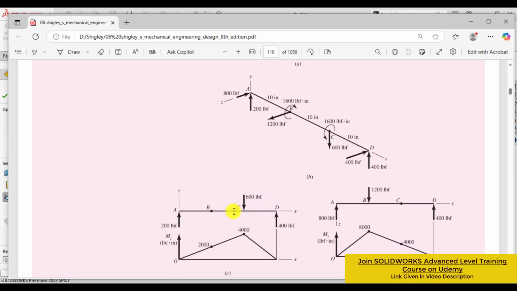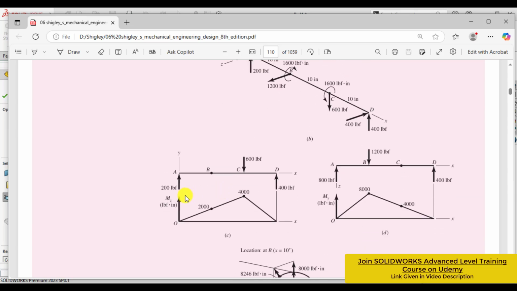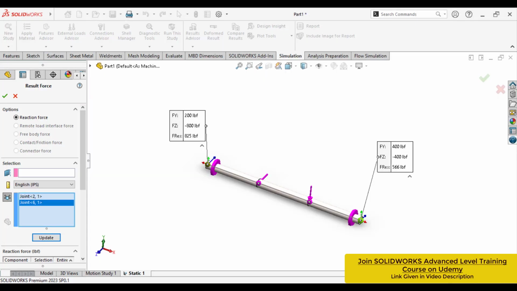So our next step is to compare the bending moments in direction 1, in plane 1 as well as in plane 2. You can see here for one case the bending moment is maximum, that is 400 pound force at C, and in another case the maximum is 800 pound force at point B. So again